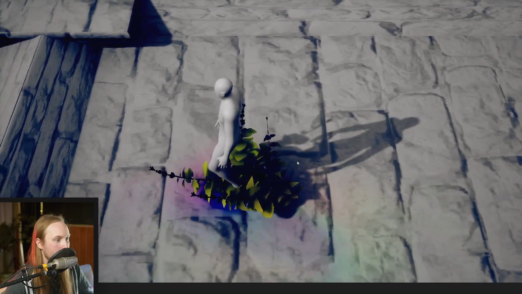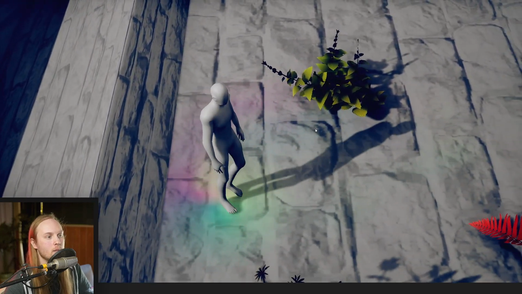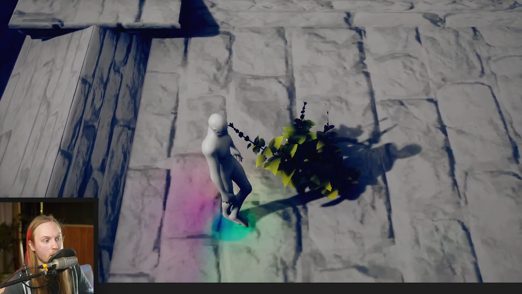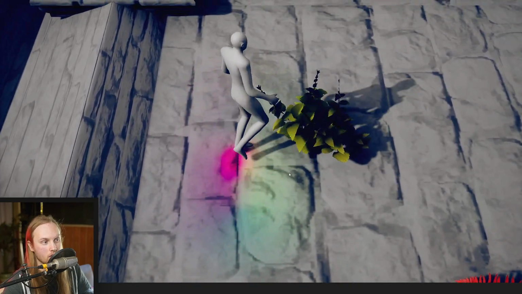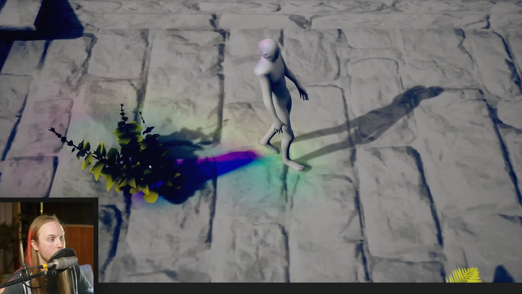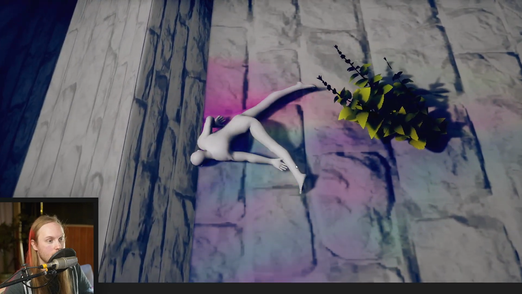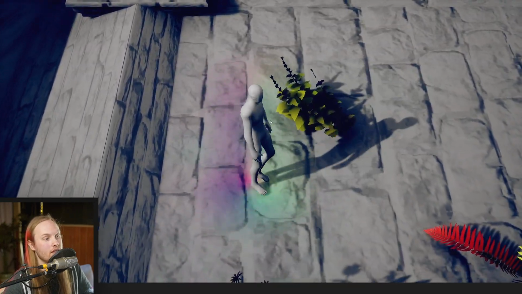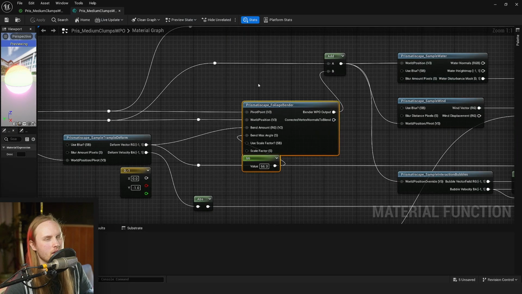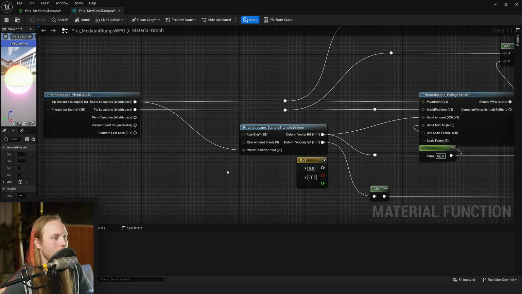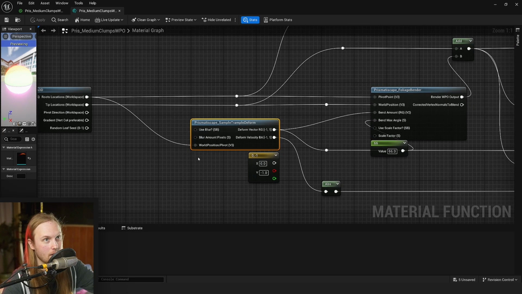So you can see these get bent over like that. But then we sample the bubble from the tip. So you can see here, they still get interacted with when they're fully bent over in that direction. The way that we do this, it's similar, but this is actually more accurate to do it this way. We sample the trample deform, which is like the feet hitting the ground, you know, like the grass